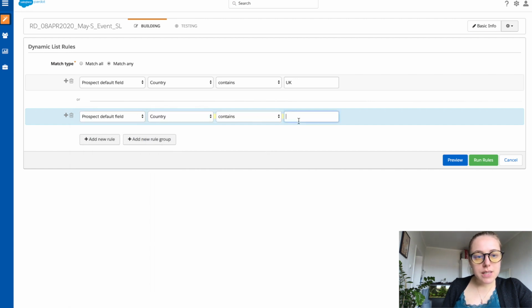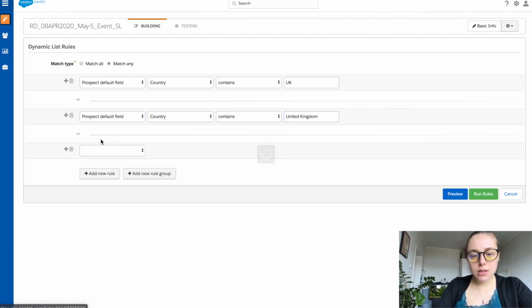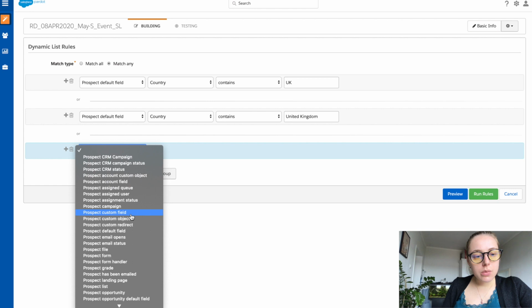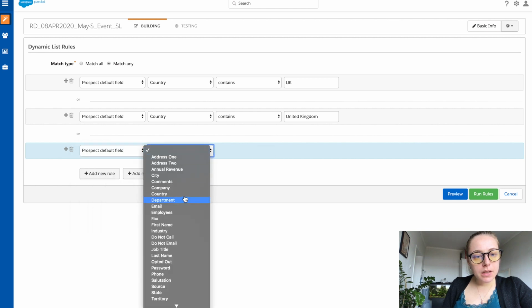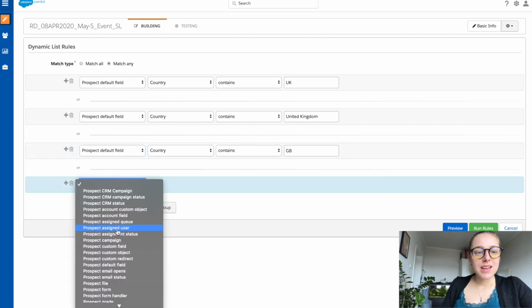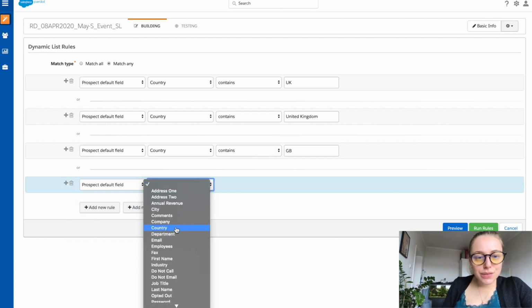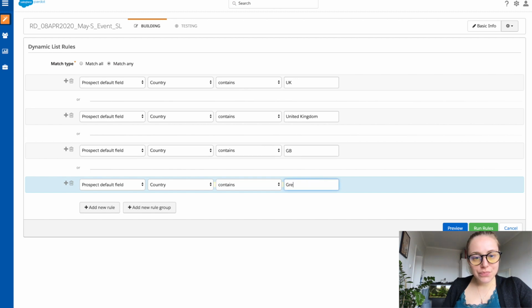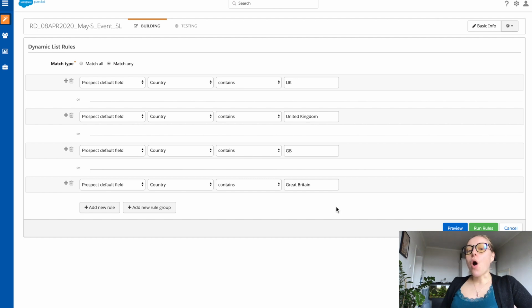Default field country contains United Kingdom, or prospect default field country contains, it can be GB. Prospect default field country contains Great Britain. So, obviously, even in this moment, I would always advise businesses to have a